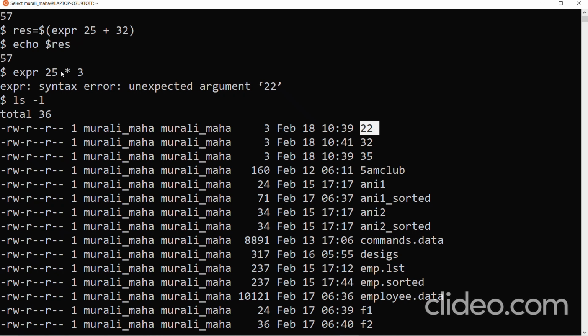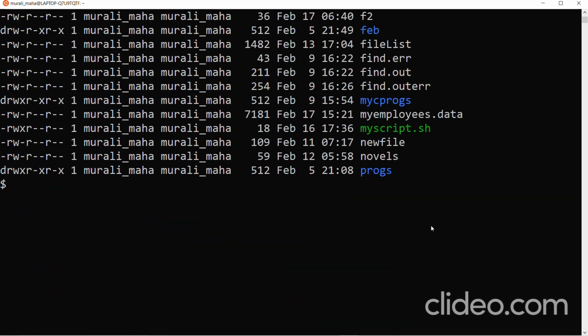So 25 it understands, the first is an operand. Then next it expects an operator, but immediately next what is there? 22. So it doesn't understand what 22 is. So immediately it comes out and tells that this is an unexpected argument. Expected argument is what? Any operator. So 22 is not an operator. Got it? So that is the reason it is giving exactly the unexpected operator 22.